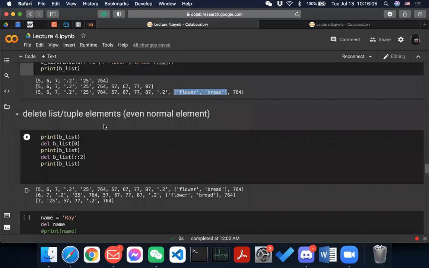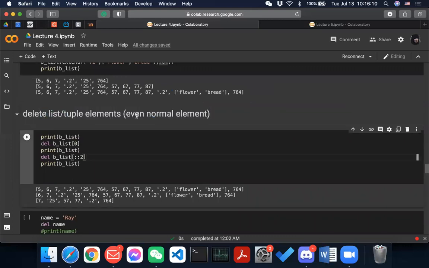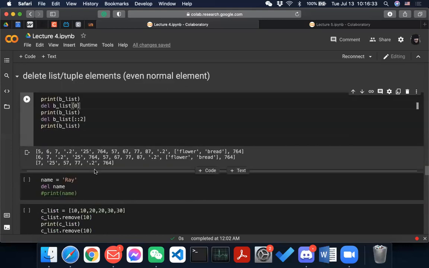Yeah, so you can delete list and tuple elements, and you can do that even for normal variables. So if you delete b list, the first index, then this 5 is deleted, right? And then if you delete b list by step 2, then you just erase half of the list.